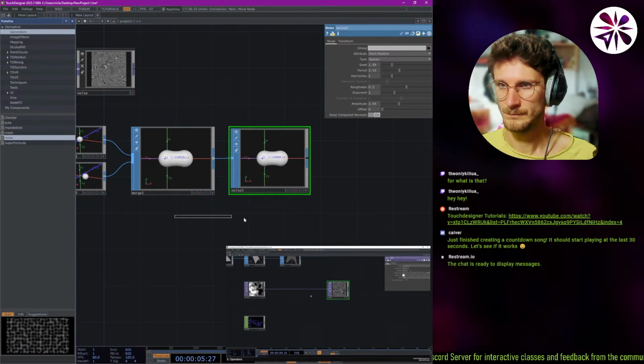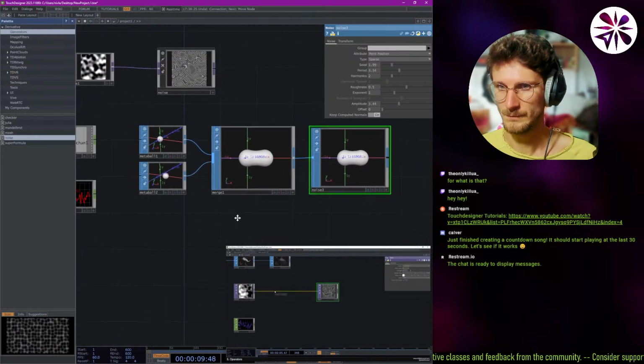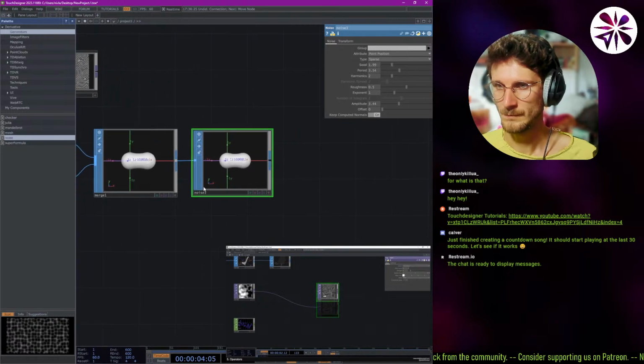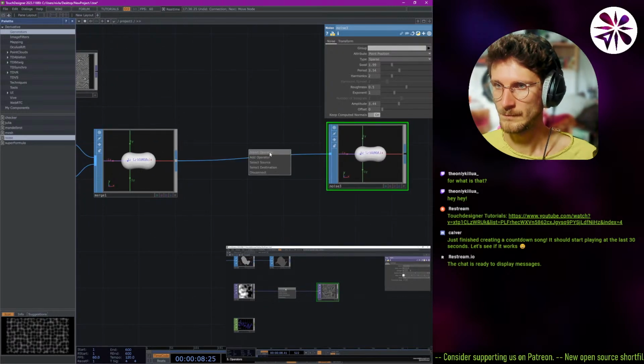What we might want to do is add another operator inside of here. You do that by right clicking. So if I hover over this connection, you can see it gets yellow. And I can right click on this, and there are two options here to add or insert an operator. So if I click on add,